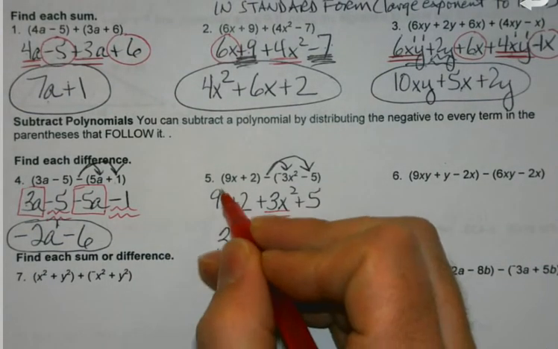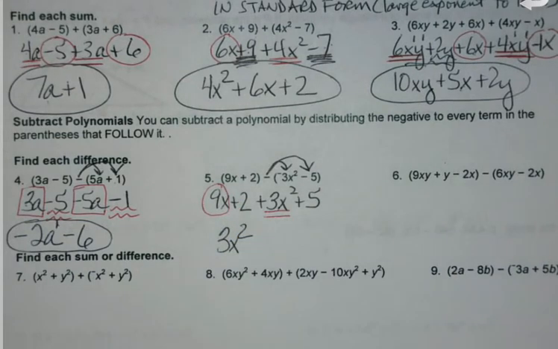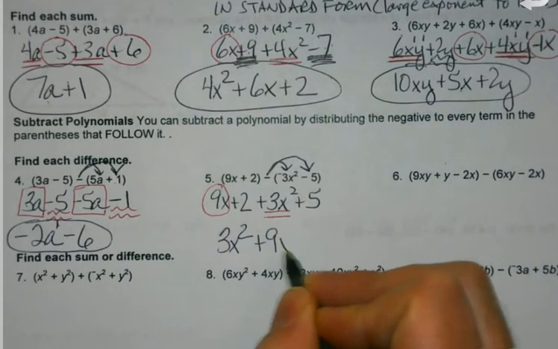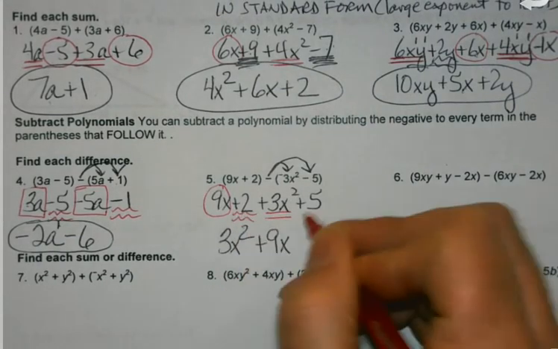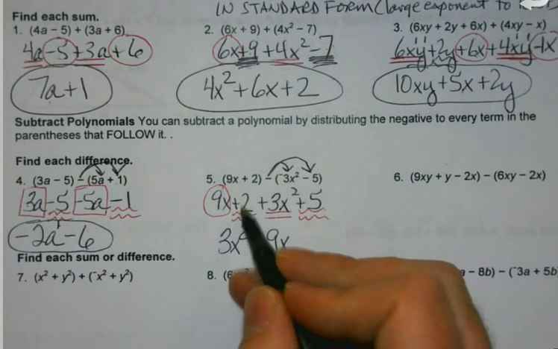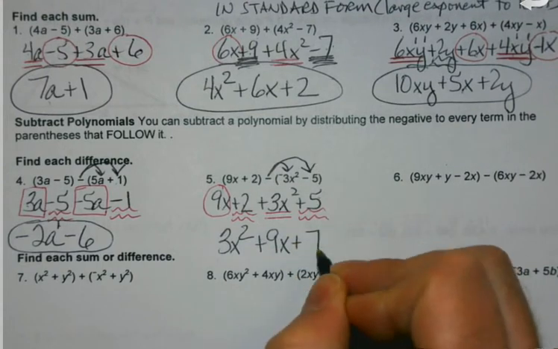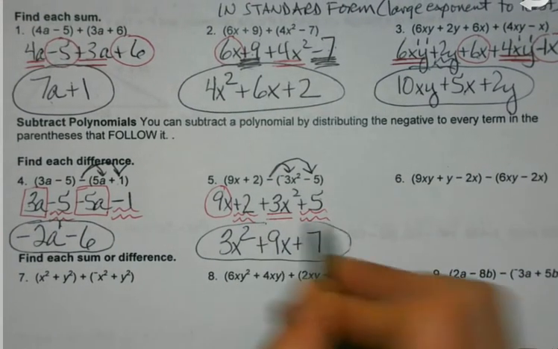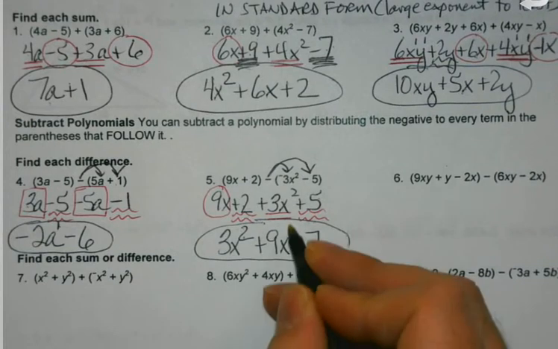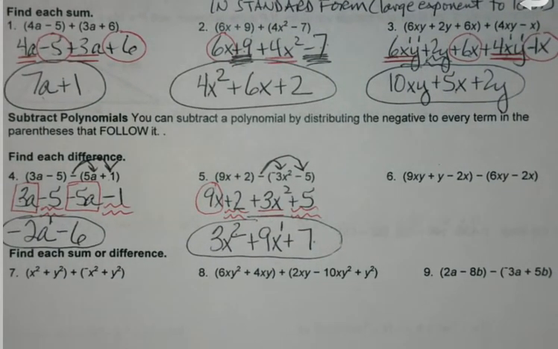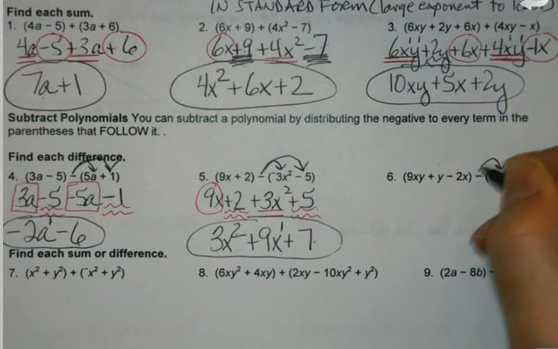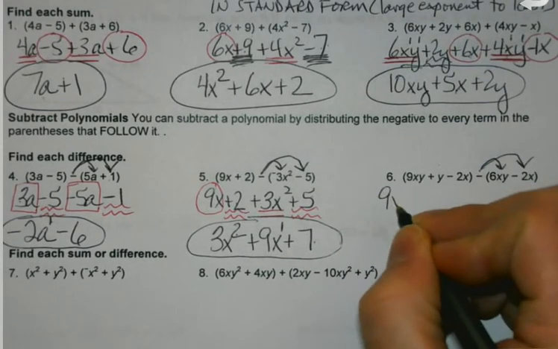Any other terms then that still have a degree, so 9x, and then I can combine my constant terms, 2 and 5 is 7. Degree of 2, degree of 1, degree of 0, and it just counts down from left to right. And that's going to be my biggest thing going through these with you, is just making sure that if that minus is there,